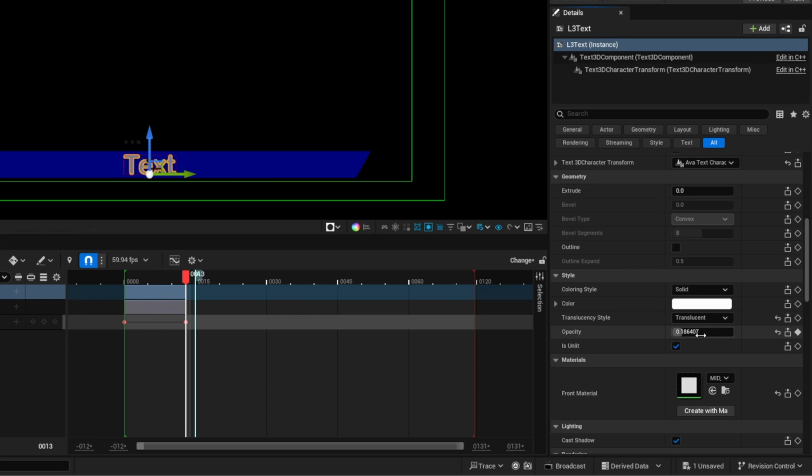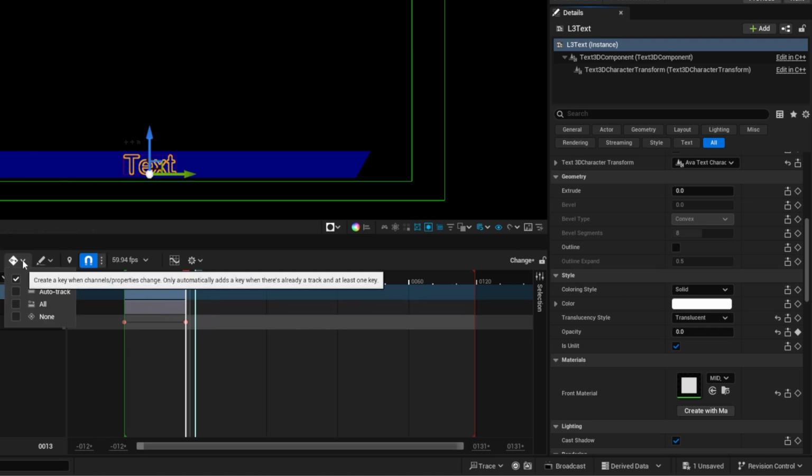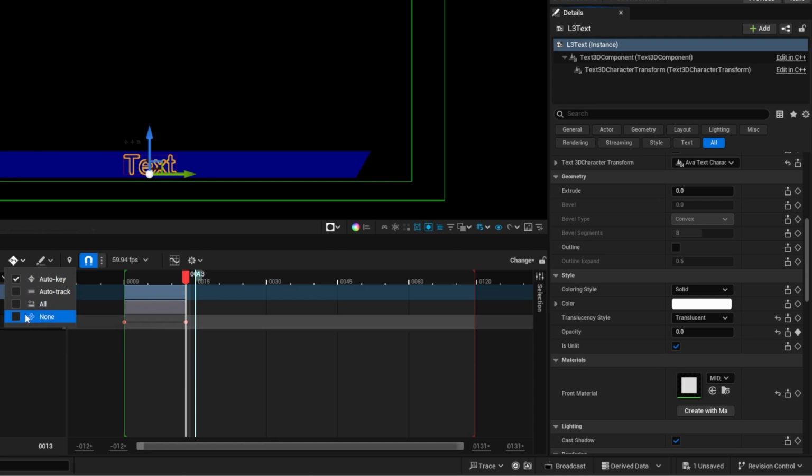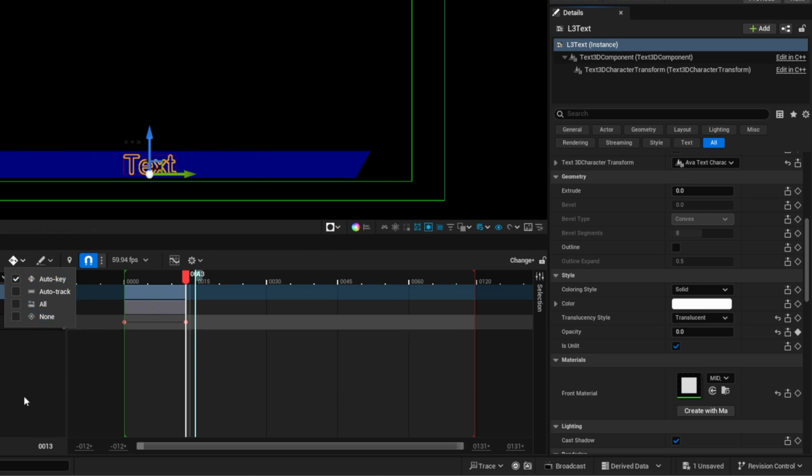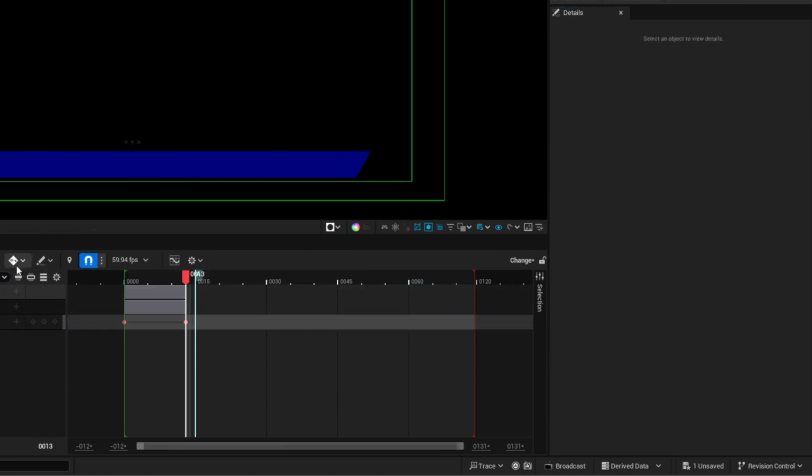Now I have auto keyframing on, so I'm just typing in 0 here. As soon as I changed this value that already had a key set, the key was automatically placed. By default, that's not necessarily on, and where you can find that setting is here in our sequencer panel. There is this diamond that designates the different styles of keyframing. By default, this looks like an X and it's off. I usually activate auto keying as one of the first things I do when I've got a new version of Unreal. So with auto keying on, anytime I make an adjustment to a value that already has a key,